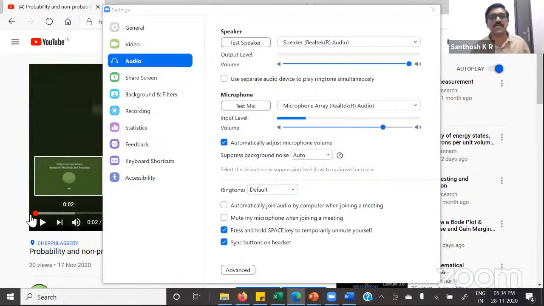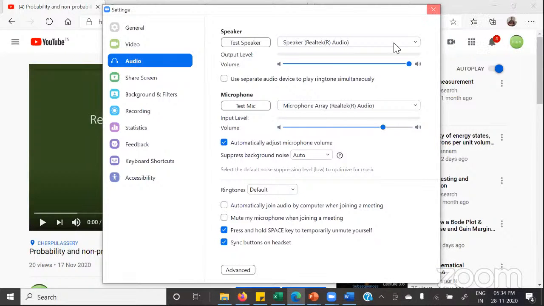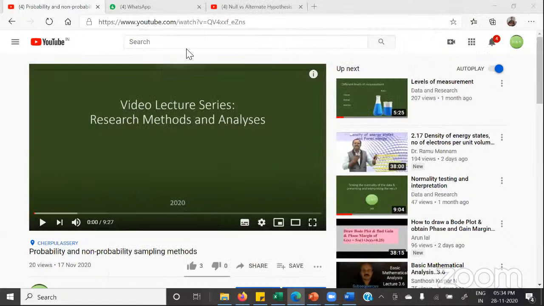Can you tell me once more? Yes, so can you stop screen sharing now? Yeah. Now click on screen share again. Okay. On the bottom left, do you see a small box that says share computer sound? Okay. Enable that, then we'll be able to hear. After that, I have to click share. Enable it and only then we'll be able to hear the sounds.